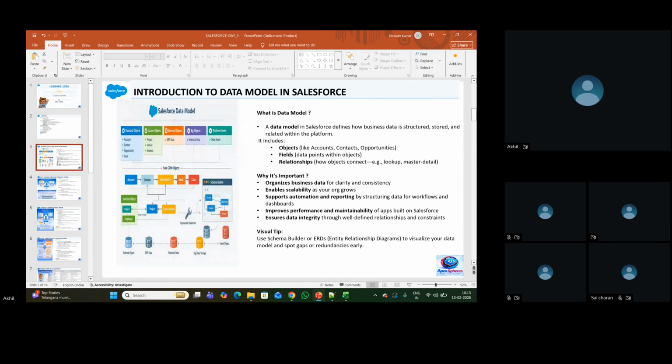Without getting late, let's switch to the introduction to the data model in Salesforce. So what exactly is a data model? A data model in Salesforce defines how business data is structured, stored, and related within the platform. So the data model is the structure of the Salesforce metadata, the structure of the Salesforce application,